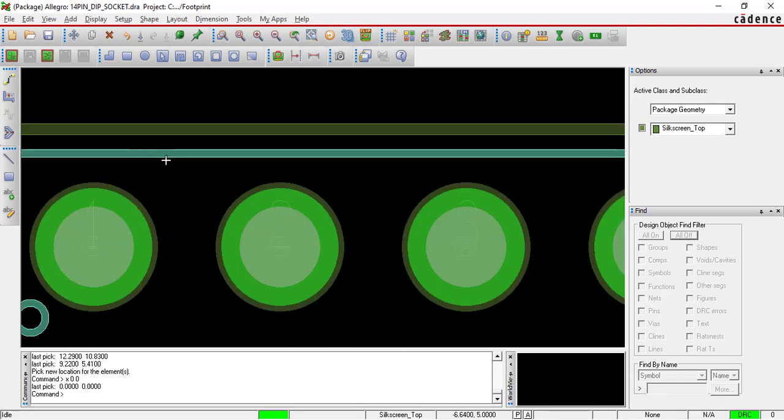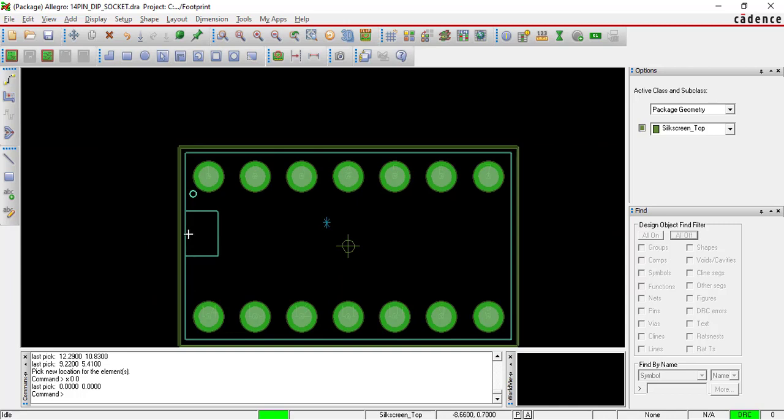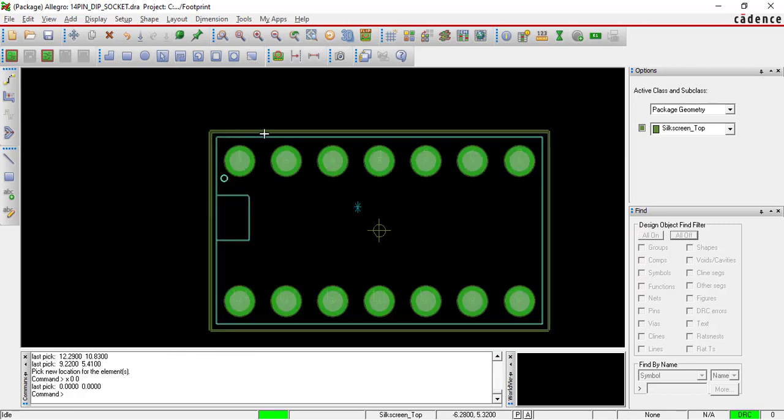See, the green color is the silk screen, the sky color is the assembly drawing. Super. Now again our silk screen should look like the IC. So we have to draw this marking also, this top side marking. Okay, so what we will do, we will take a line.